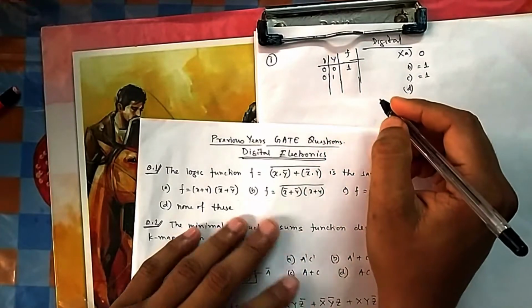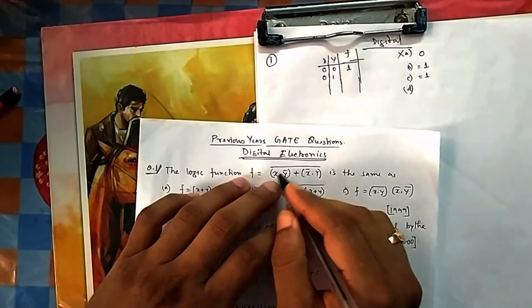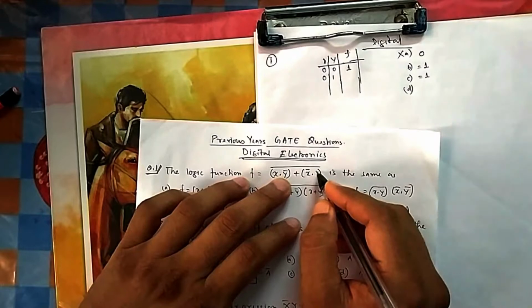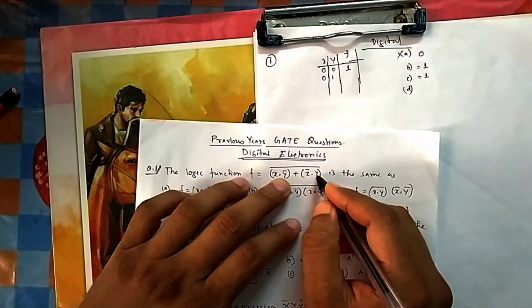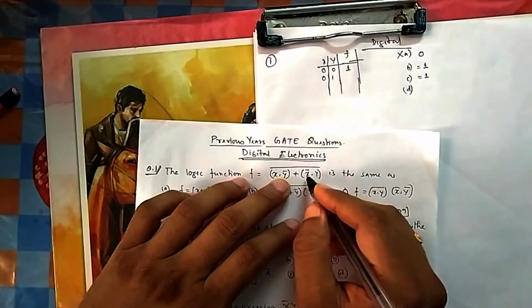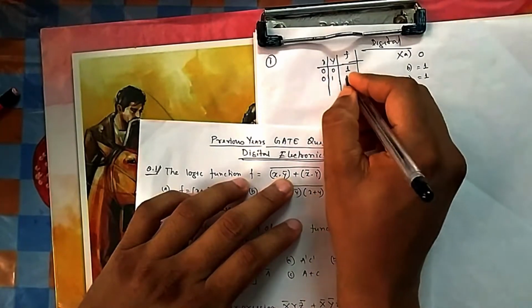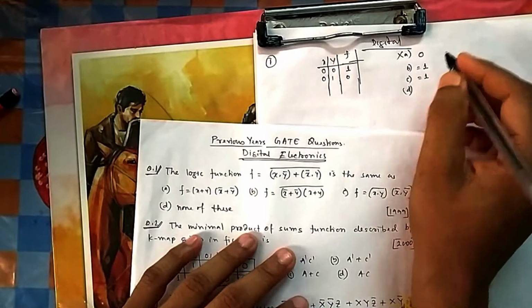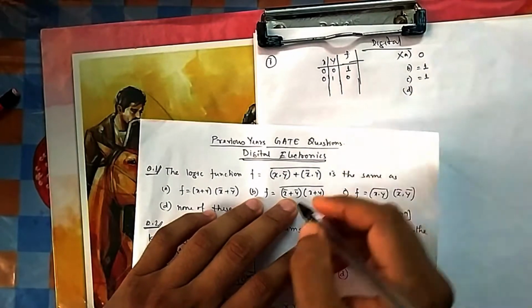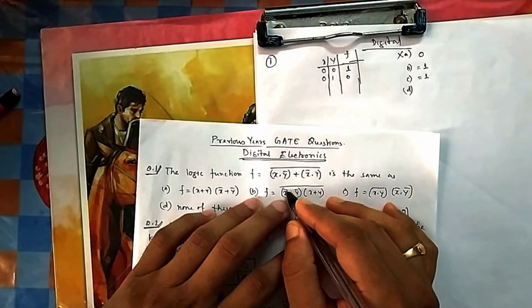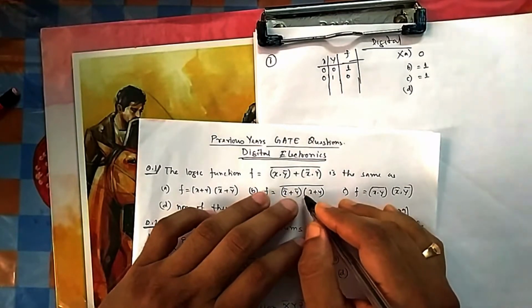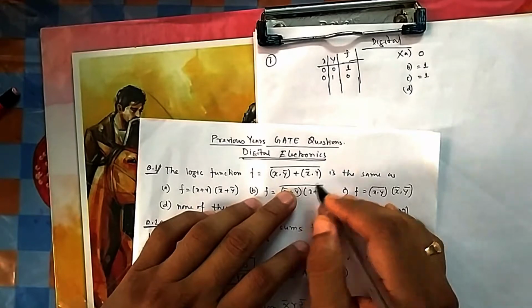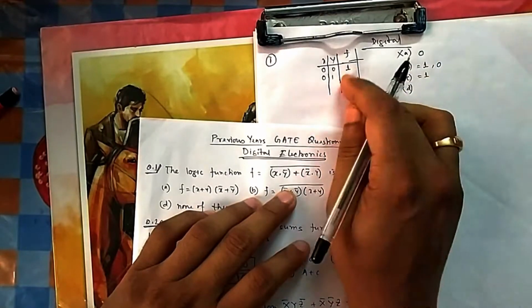See which option is satisfied. If you put 0 1, 0 means this is 0, and this is 1, so this is also 1. 1 plus 0 is 1, and bar is 0. So this should be 0. I will not check A, because I know A is not the answer. For B with 0 1, this is 1 and then it is 1, 1 into 1 is 1, and 1 bar is 0. So it should be 0, and B is coming 0. So it still can be.